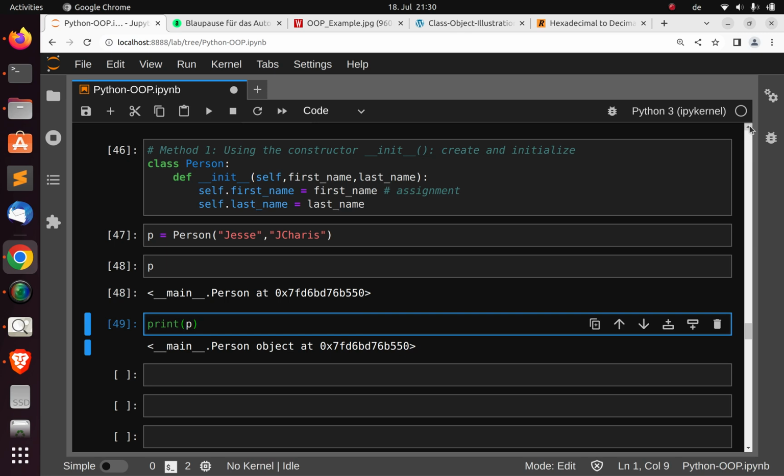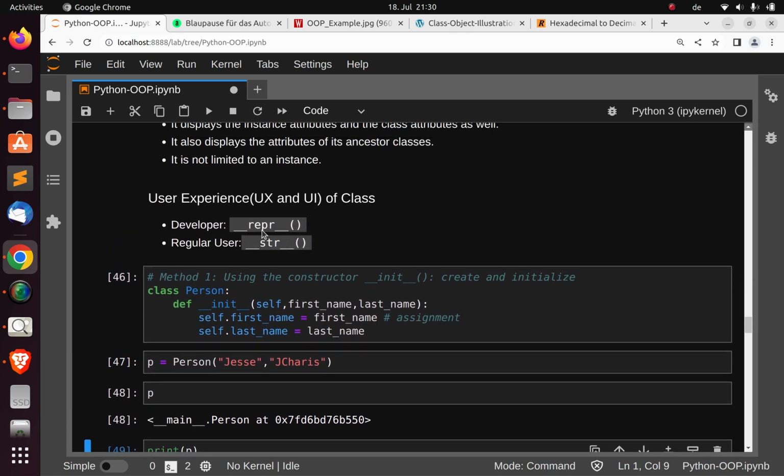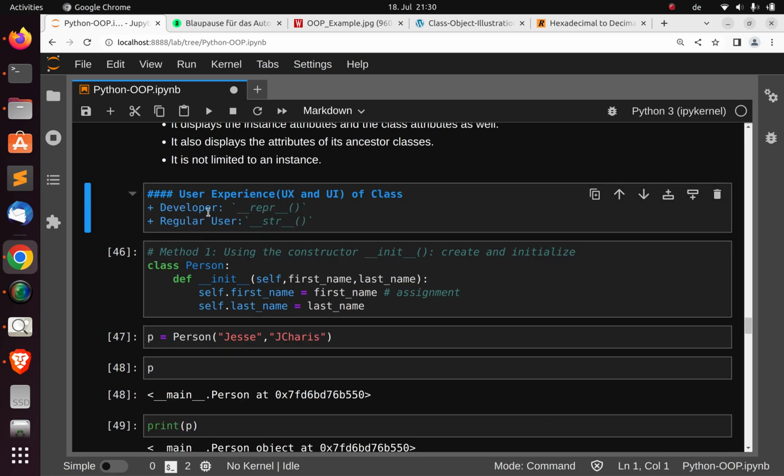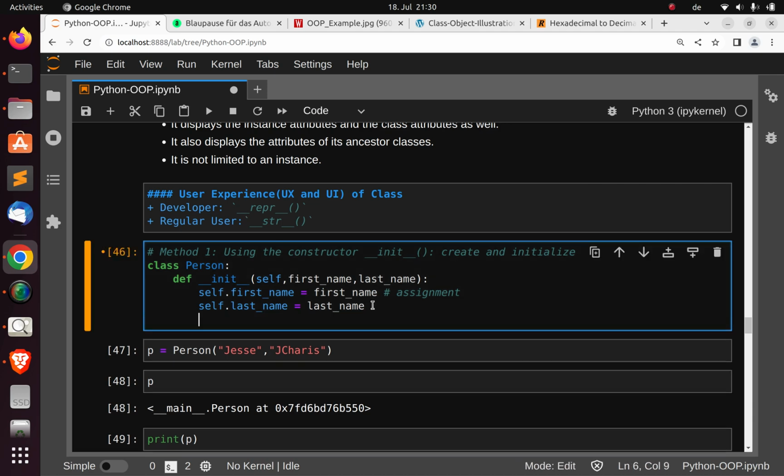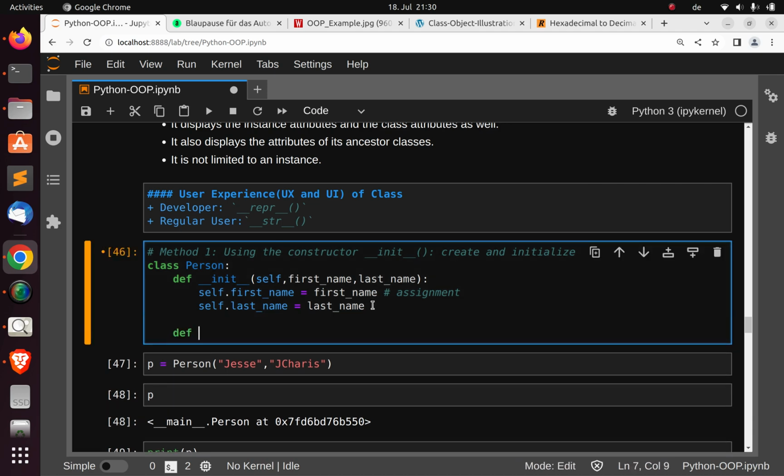That is where we go with underscore underscore repr and underscore underscore str. So this one here is for the developer, for programmers, and this is for regular users. That is the basic understanding, just something to help you understand. So let's see how to implement it here. To implement it, I'm just going to go with this. So def underscore underscore repr, representation,